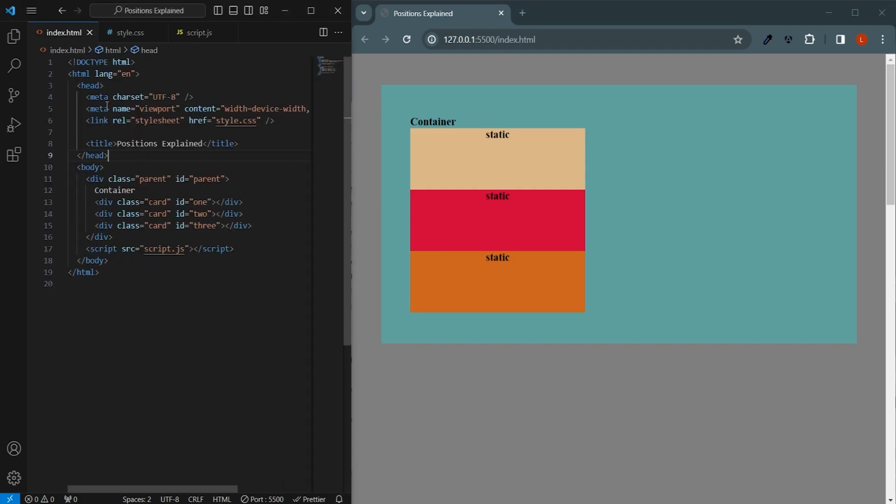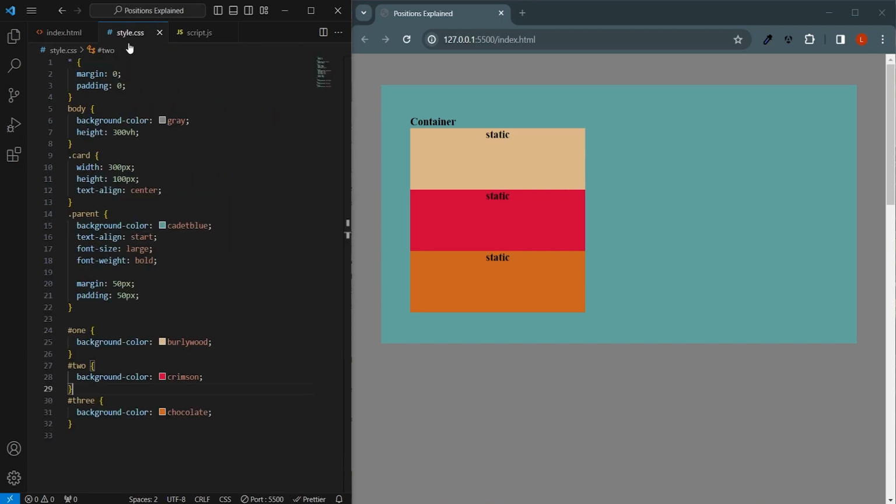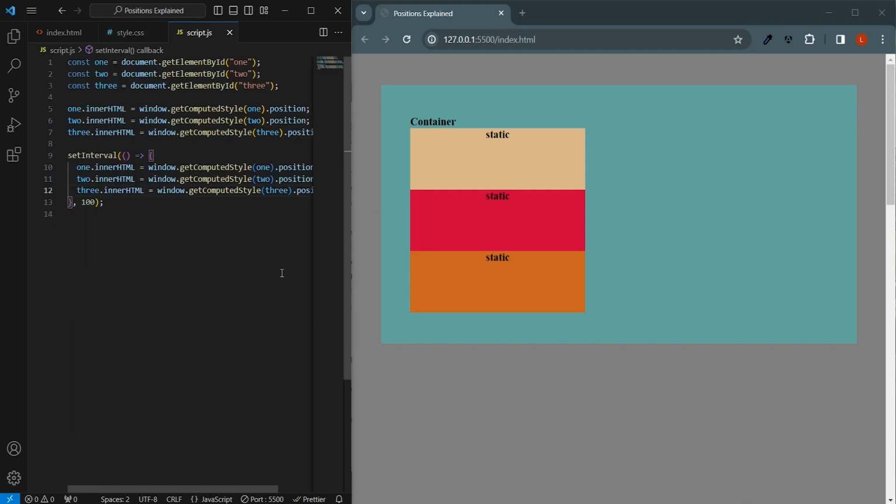Here I have three files, a simple index.html with 4 divs. One is the parent element, the container, and the others are simply the children elements. We have our style.css with some basic settings. I'm setting the width and height of the cards and the parent, and there are some background color changes with the IDs, so 1, 2, 3. And inside the script.js, you don't really need to worry about it. It's just updating so that whenever I change the position, it prints the right position out to the top of